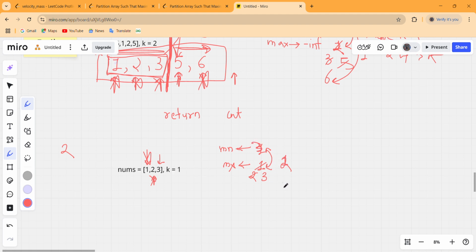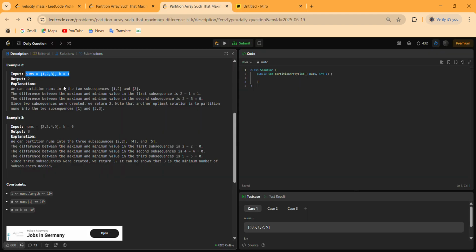And at this step where the condition gets violated, there will be a breaking line that defines that there are two partitions possible. One is left of this and one is right of this. And whenever our I is incremented, this goes out of bounds, and the only possible answer for this is 2. So we have to return 2.